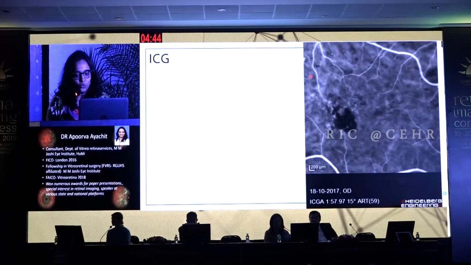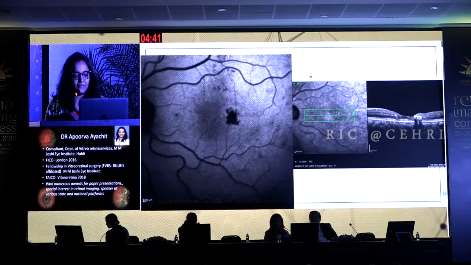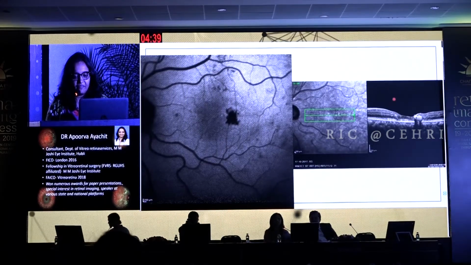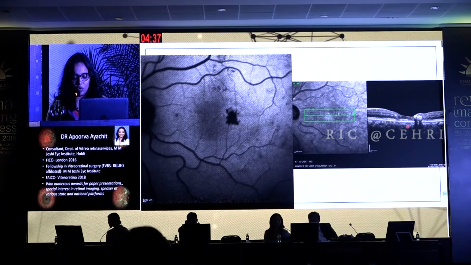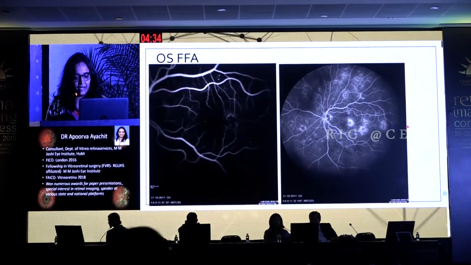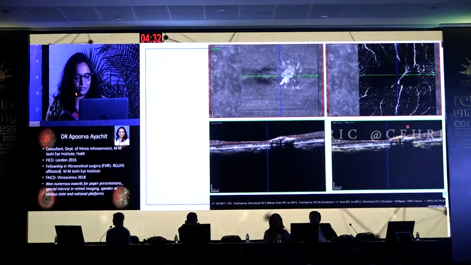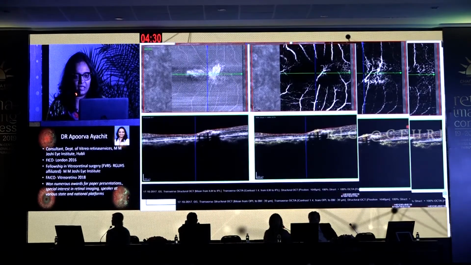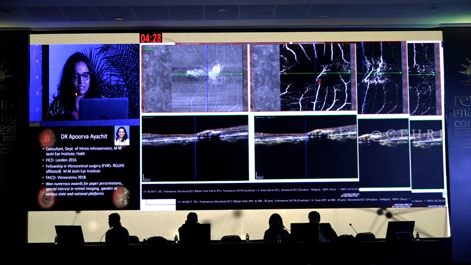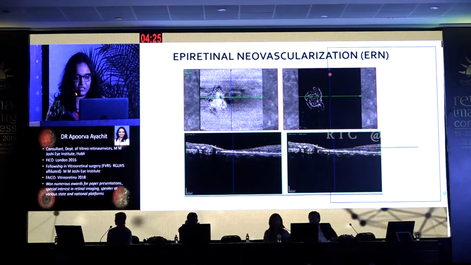So when we did an OCTA, we saw a flow signal in the vitreoretinal surface membrane. And this was what it corresponded to, a well-defined vascular net, which Dr. Avinash also showed in one of his slides. So this ICG was done to rule out a CNVM. There was none. This is the left eye of the same patient with a very, very small membrane. And again, the wide angle FA, no PDR, no CNVM. So when we did an OCTA, we saw that there was this well-defined membrane very superficially.